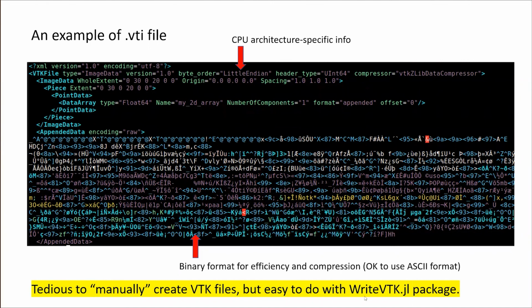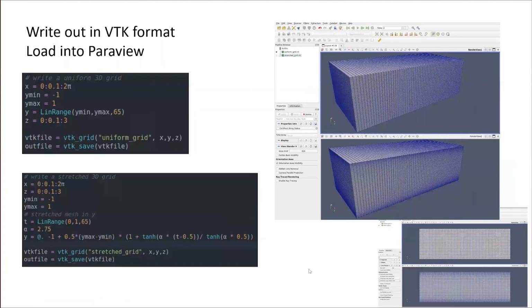But in Julia's case, there is the WriteVTK.jl package, which is quite mature and useful. The use case, at least for me, is that you have some Julia code and some data. Of course, the real code is going to be more complex, but suppose you have some XYZ data here. You can just put your XYZ arrays into this VTK grid, for example. This is one of the functions in the WriteVTK Julia package. You can now output this file into a VTK format,